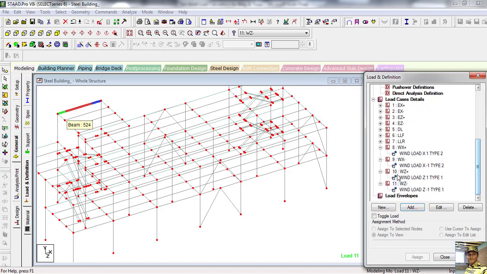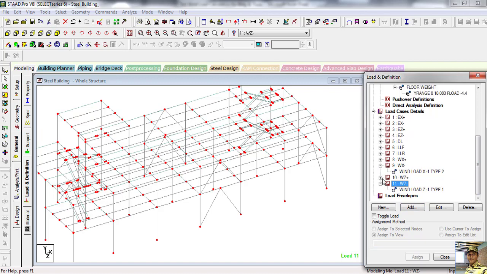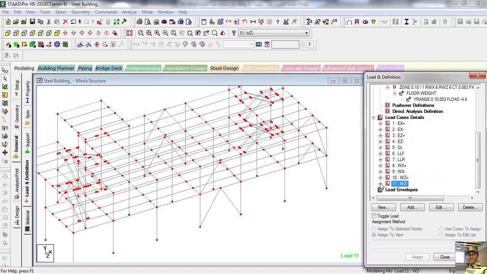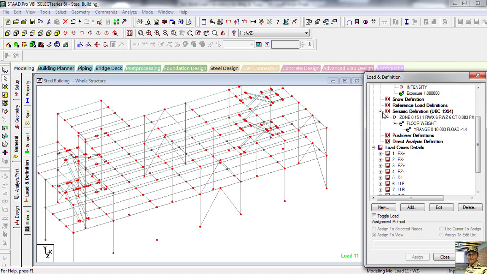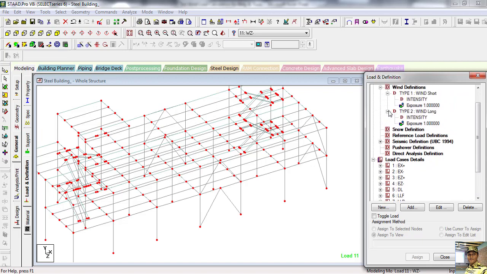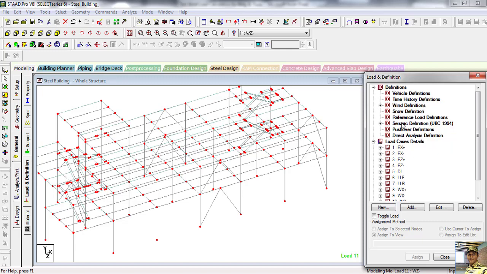Now see, all our loads are defined. So what we'll do, we'll define our load combination.